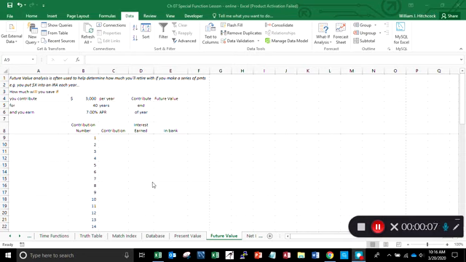This is our second in a series of some financial functions that we're using in Excel. And today what we're going to look at is the future value. So with future value, I might use that to do some analysis if I'm going to do some retirement savings. So for example, I want to contribute $3,000 per year for 40 years and hopefully earn 7% annual percentage rate, and find out if I do that, how much money will I have at the end of